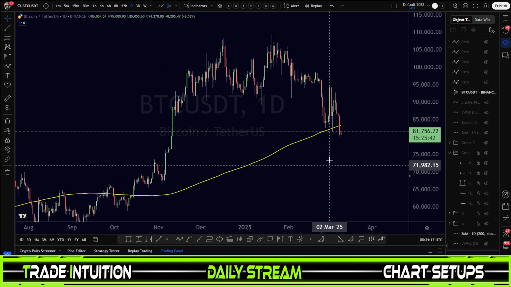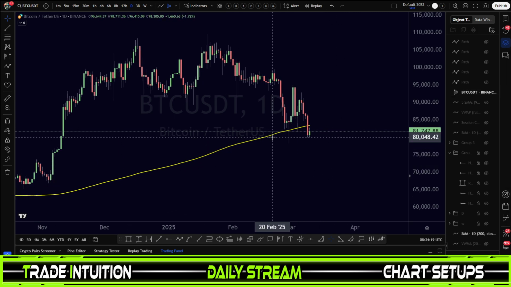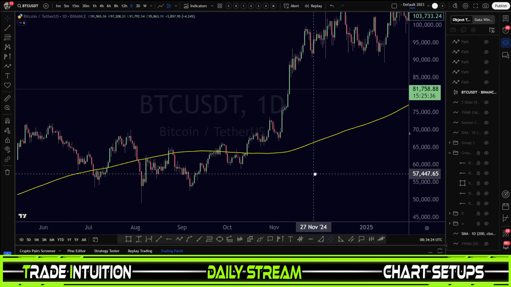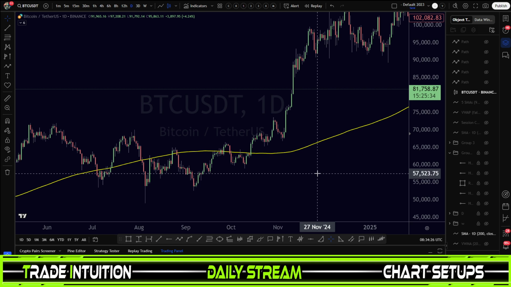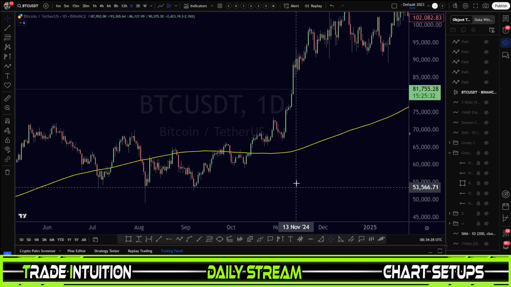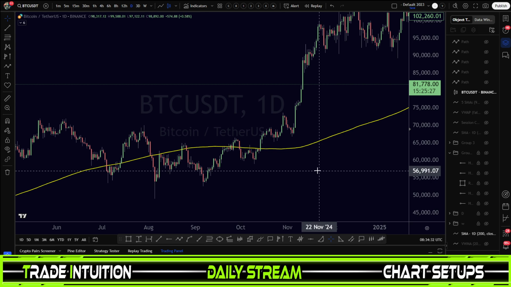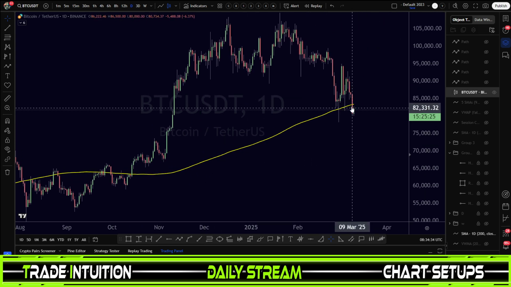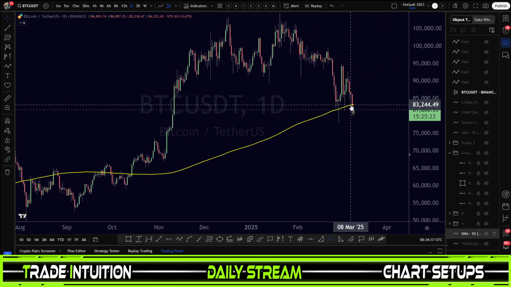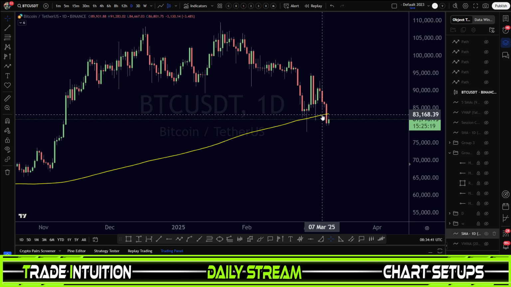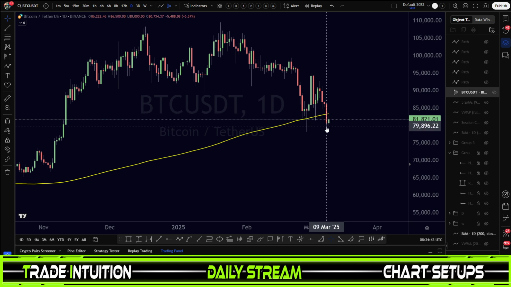Now, this is very important. The 200 SMA daily time frame is extremely important. A lot of traders use this to determine the strength of the move, whether it's positive or negative, whether it's in an uptrend or possibly a downtrend. Right now, we're underneath it. This is not good. We were looking for this. We did have a daily candle close underneath this level, which is extremely bearish.